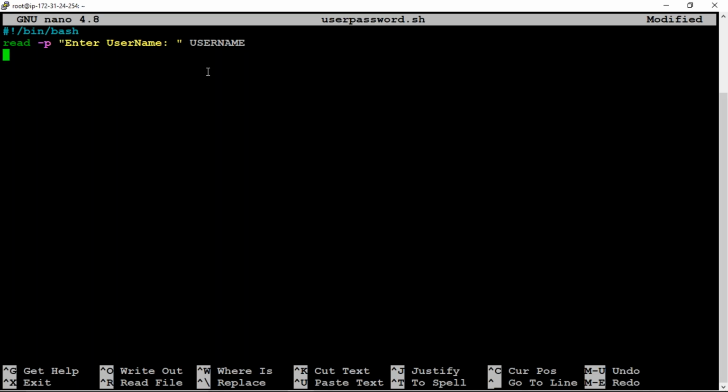Next, for that username I just wanted to create a password also. So read the password as well. read -p, and -s also you can do. So -p -s, enter password.